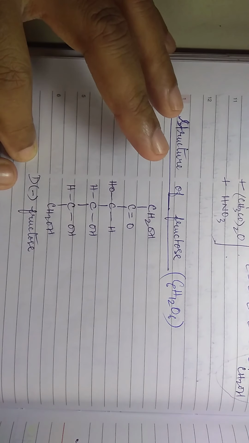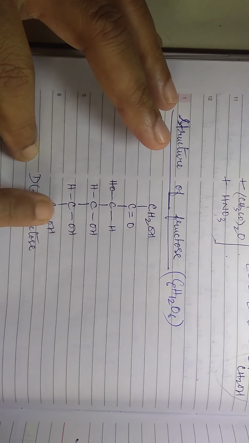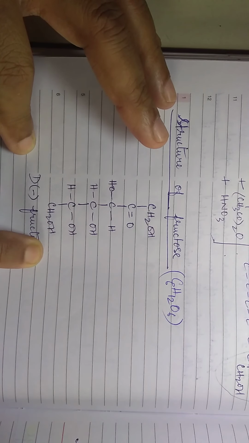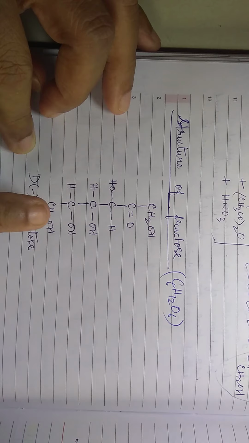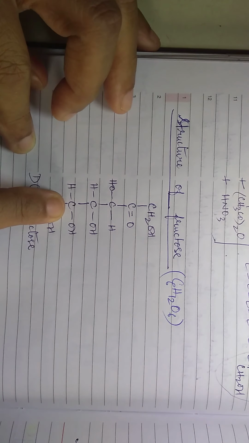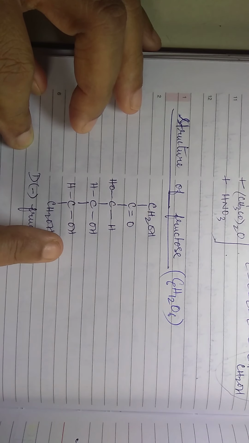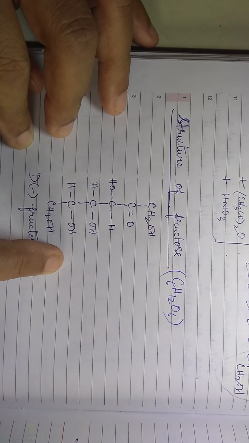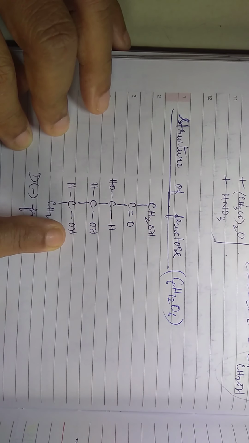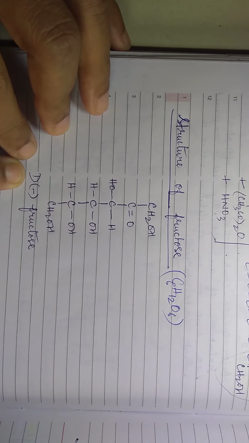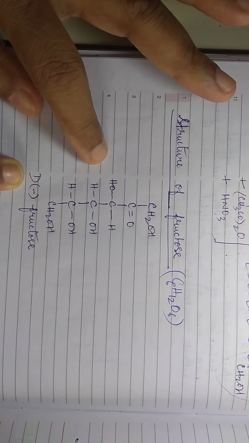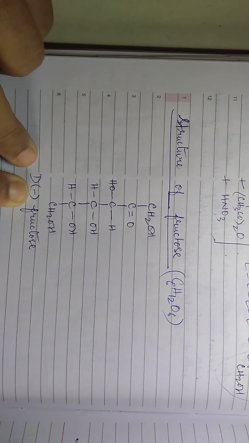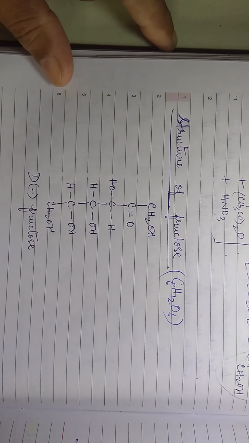Here it is D because OH is to the right of the carbon. This is going to decide the position of OH at the asymmetric carbon from the bottom, and that is going to decide whether it is D or L. So if OH is to the right, then it is D. It has been experimentally found that it rotates the plane of polarization of light to the left. So it is D-fructose. Now let us go further.